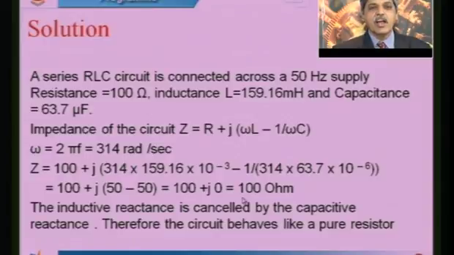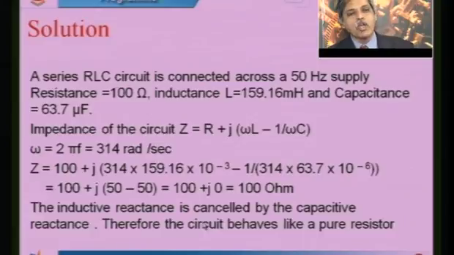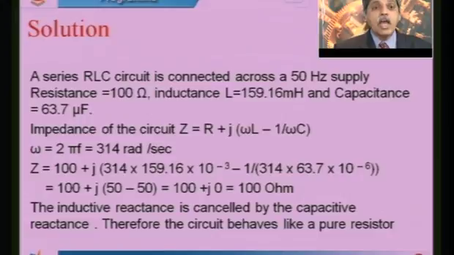So I have only a resistor. What all the current which is there in the circuit will give you the voltage drops across the resistor, inductor and capacitor, but the voltage across the inductor and capacitor will be equal in magnitude and opposite in direction, therefore they cancel. So it appears that the complete source voltage is across the resistance only, but strictly speaking the capacitor and the inductor also have voltages, but they are equal and opposite.